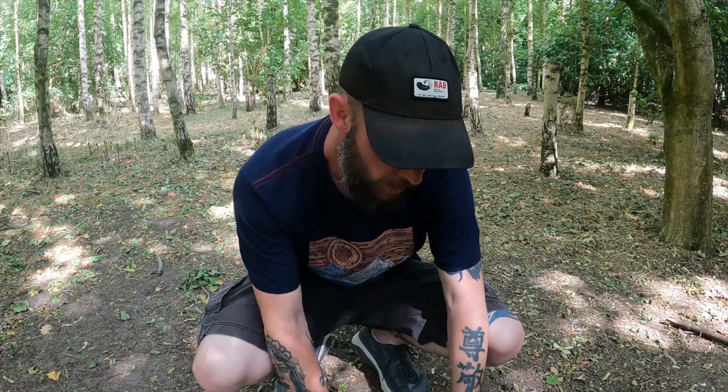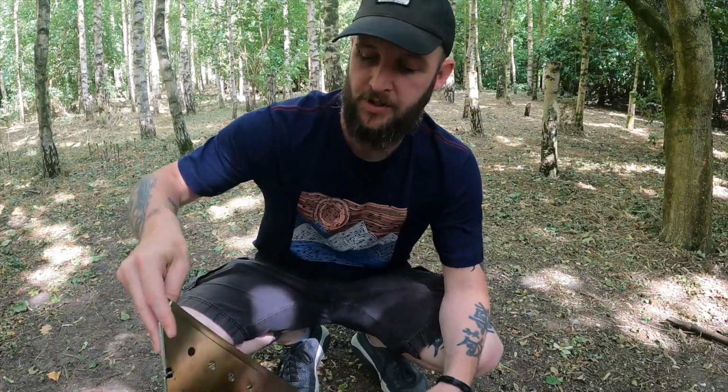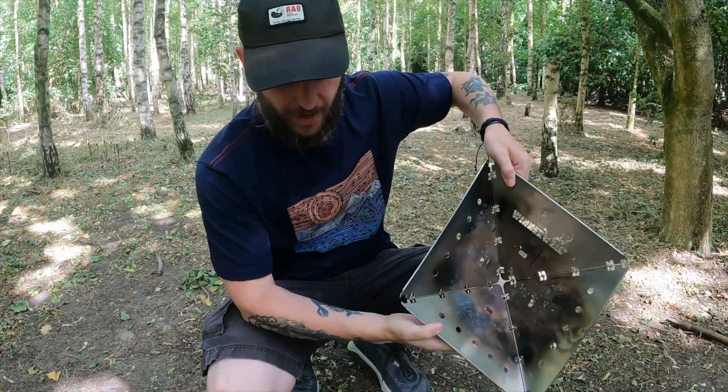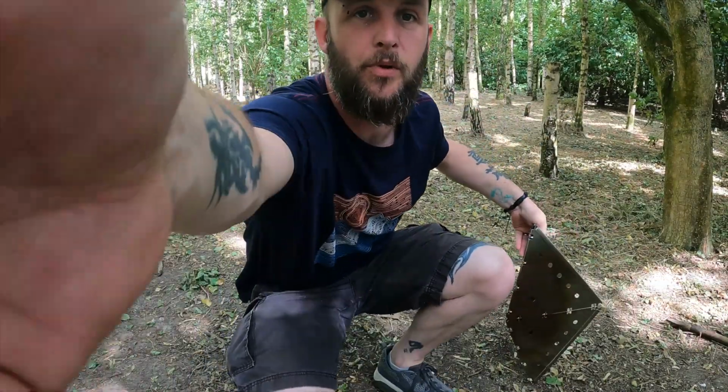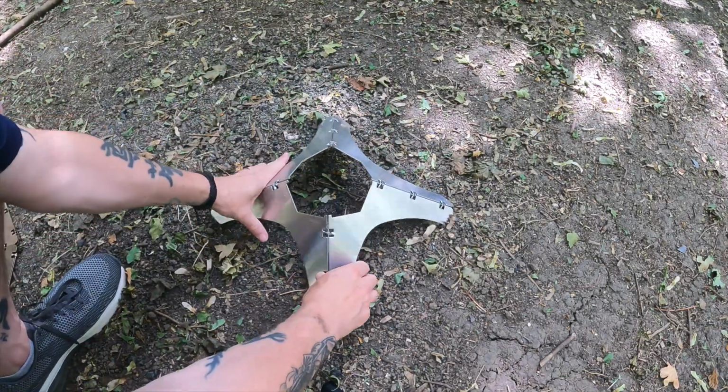My fire pits have all warped too much to the point where I can't really use them safely now. So I went ahead and I got a Winterwell. It's only the medium, but the Winterwell foldable stove, and it is just so simple. So you literally got the base platform bit,